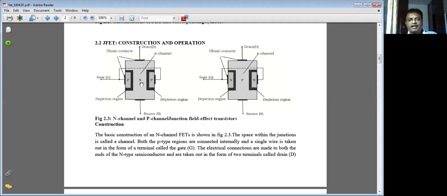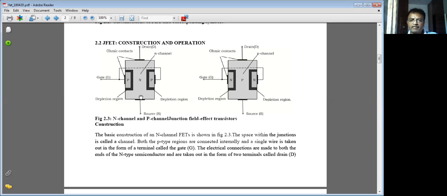Here are the N channel and the P channel. In the N channel, electrons are the majority carriers. In the P channel, holes are the majority carriers. When you make a PN junction, for a small moment of time there will be an exchange of carriers. After that, between the P and N region there is a region which is depleted of mobile carriers. The mobile carriers will get emptied here, so this region is called the depletion region. Between the PN junction, there is a depletion region. I think this is clear. If it's not clear, I will explain once again.